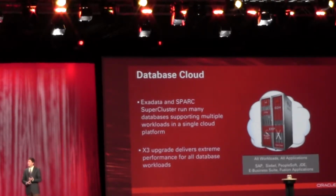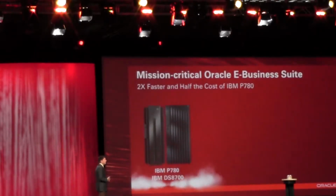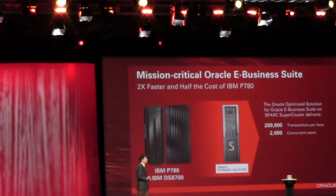because of the combination of the performance, which you can use to tackle a big problem, but you can also use to save cost with built-in elements like storage compression, which allow you to lower your storage environment, and then also environments like the deployment time. And I'll just give you a few examples of things that we've done as far as customers and others. E-Business Suite,